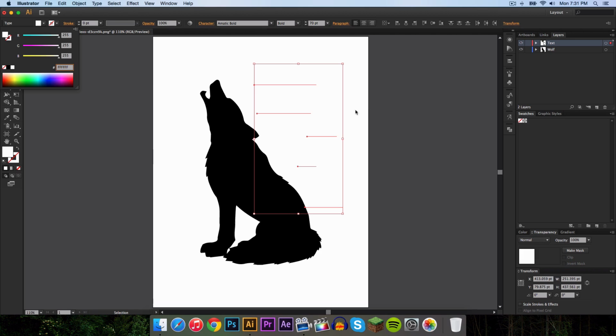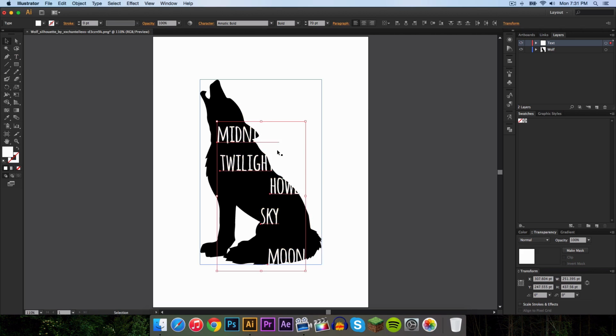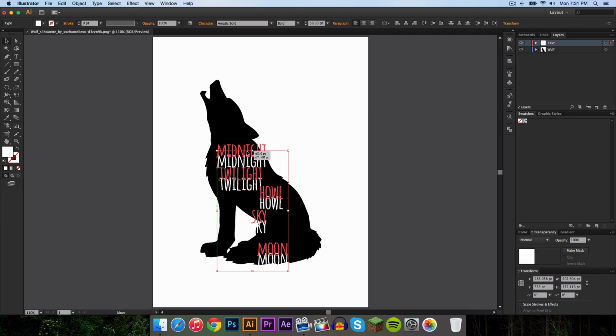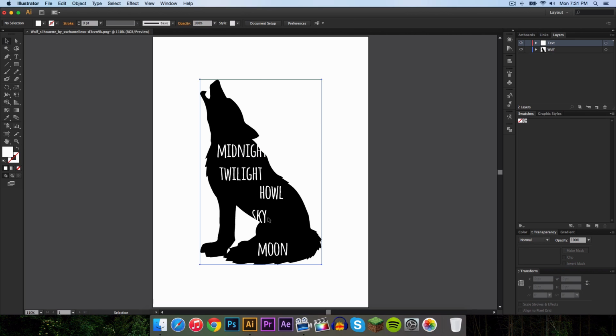Now of course you won't be able to see anything because it's a white background, but once you move it right here, you'll be able to see it. So I'm going to make this smaller here. It doesn't really matter because we'll be resizing it anyway. I'm going to be locking the background, which is our wolf, and here is our text. Make sure you typed in your text on the text layer. If not, just simply copy it first and then delete it, go back to your text layer, and paste it, instead of typing it all over again.